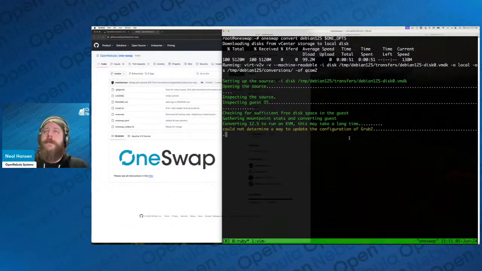So here, this is in the spot where it's converting the disk. It takes the most time. This is where it regenerates the initramfs for Linux, for any of you who are familiar with that, which generally takes a few minutes. Once this is done, though,